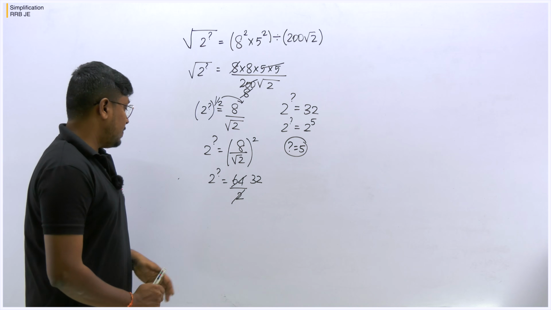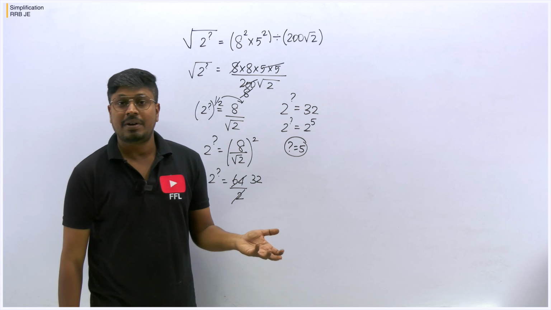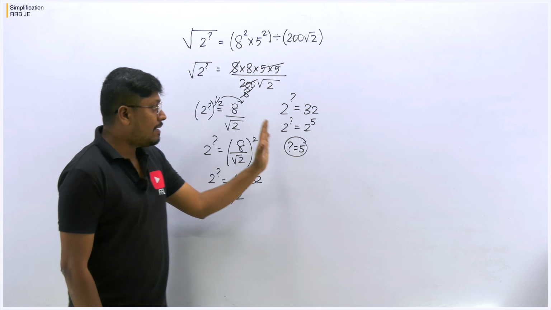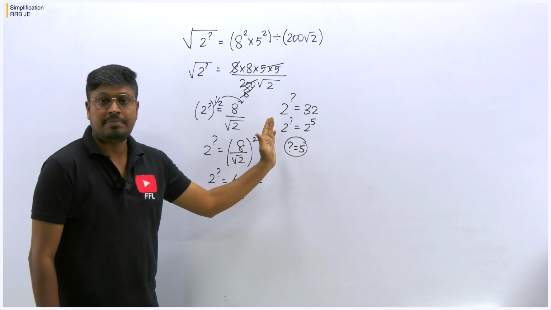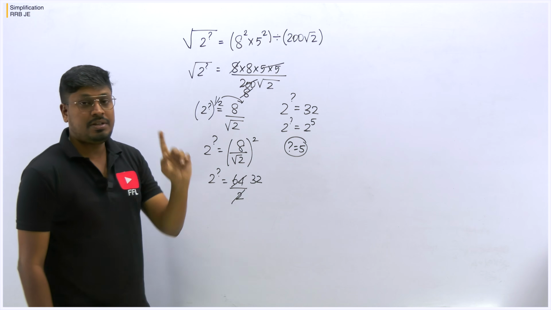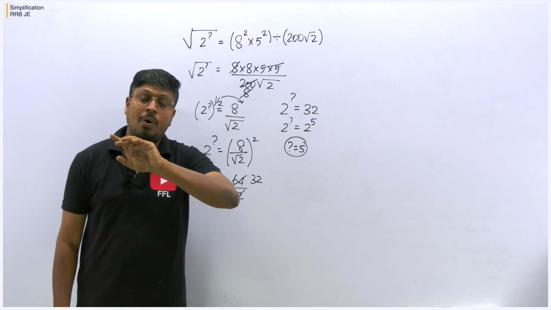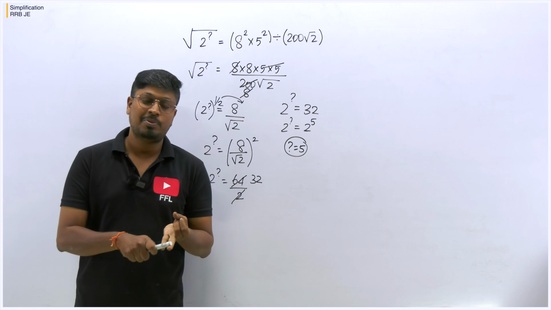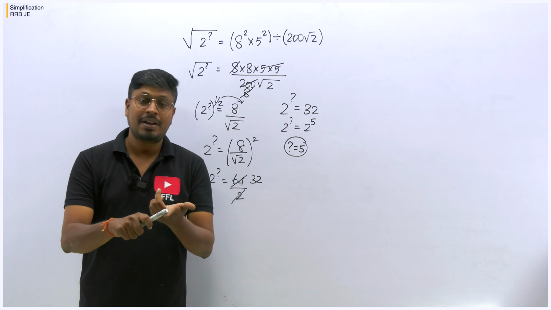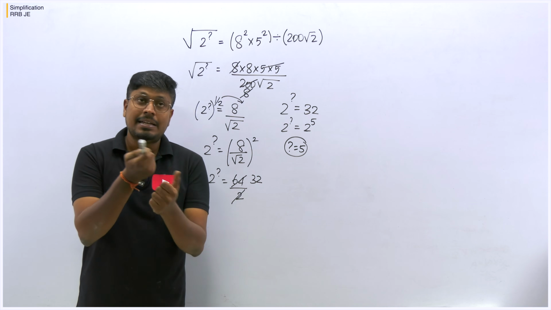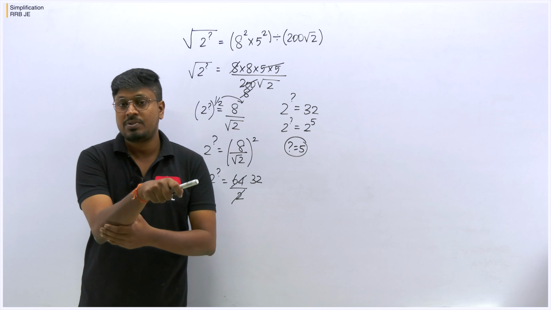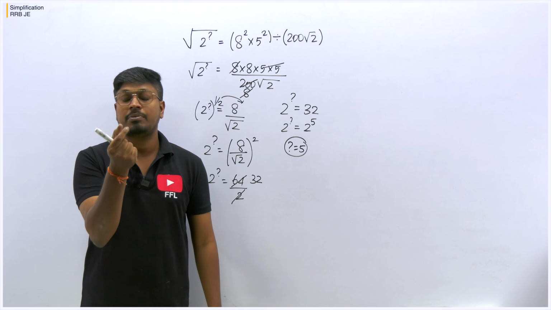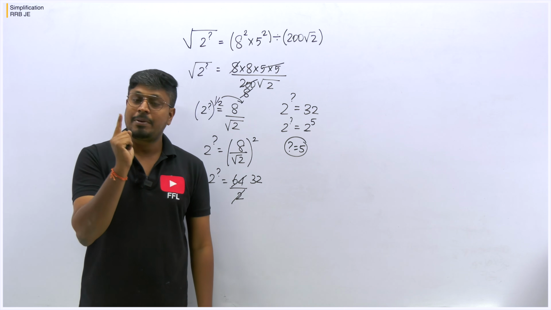So friends, that's it. In this video I have solved all the questions which they have previously asked in various railway exams. This is the level of the simplification questions in your exams. To solve these kinds of questions, first you have to know all the basic concepts of simplification: how to find a shortcut for square root, cube root, and then surds and indices, mixed fraction to normal fraction, percentages, BODMAS rule, and if a question contains the word 'of' at the right place, you have to be very careful about it.